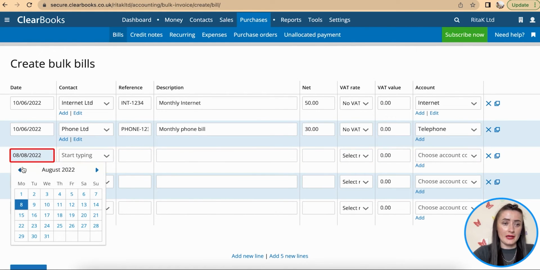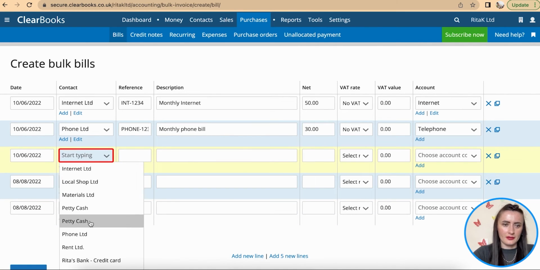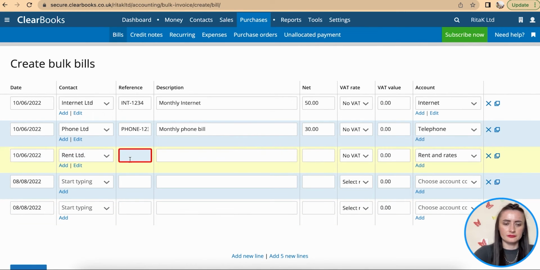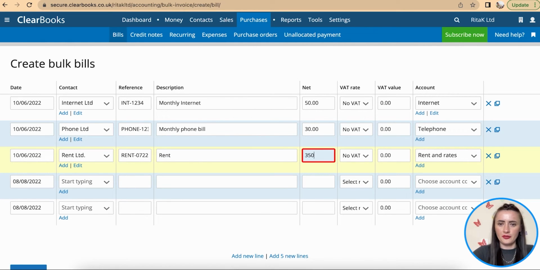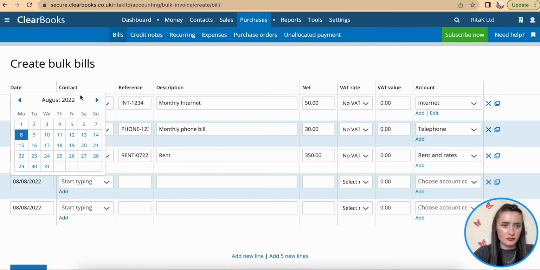Next one, I have also a rent bill for June to be added. Select rent. And it is 350, no VAT, and it's already allocated to rent and rates because I set up recurring supplier invoices. Next one, if I have a bill to add for July, so internet bill for July,